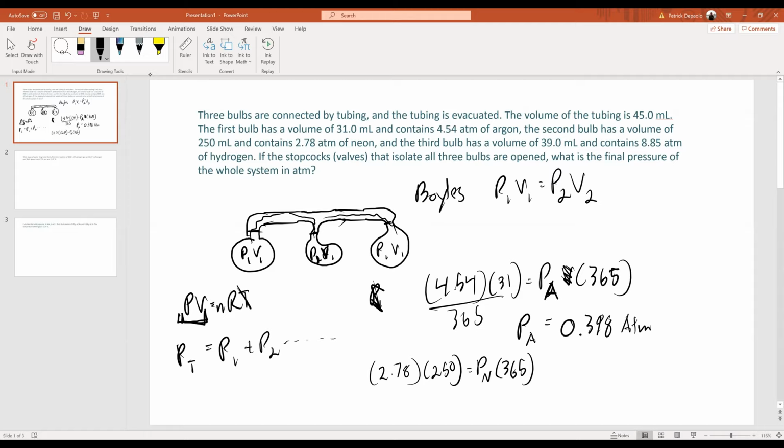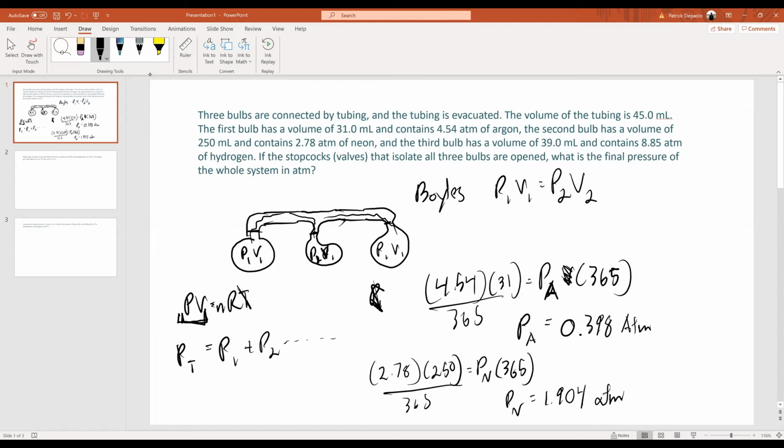So we have 365. So divide again by 365, 2.78 times 250 divided by 365, and you get PN equals 1.904 ATM. And we do the same thing for the last one, which is